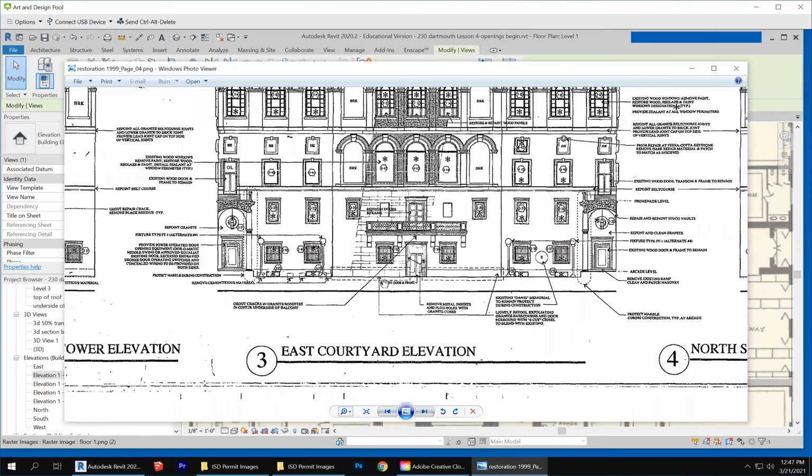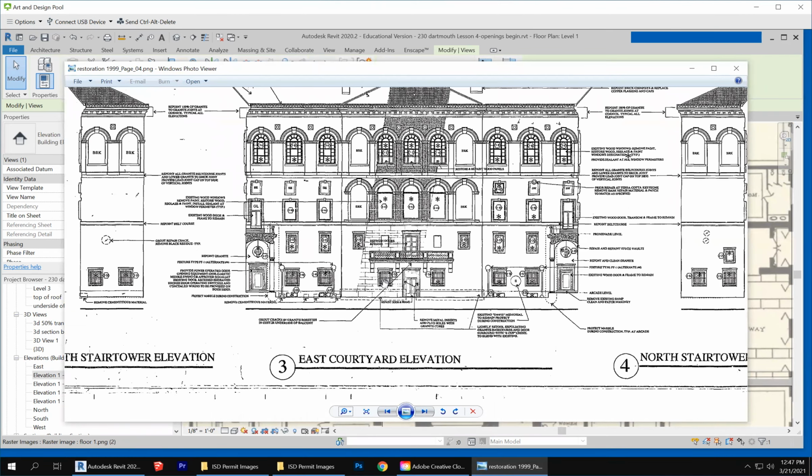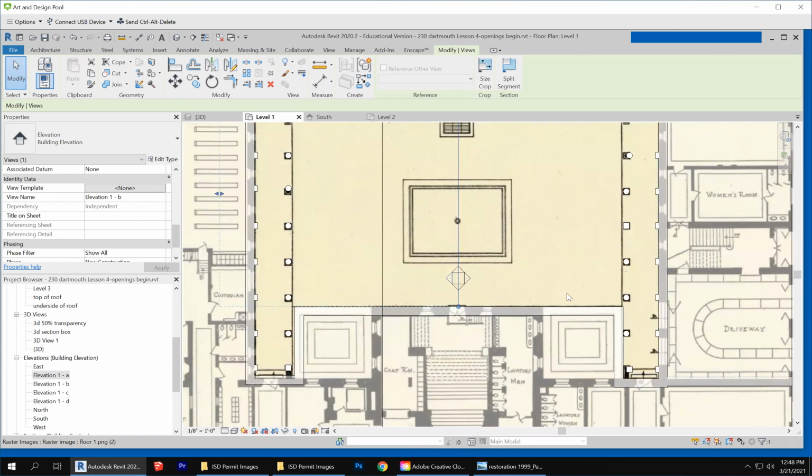East courtyard elevation, what are they calling? Balcony over that. I'm going to say that is that view. So 1A,